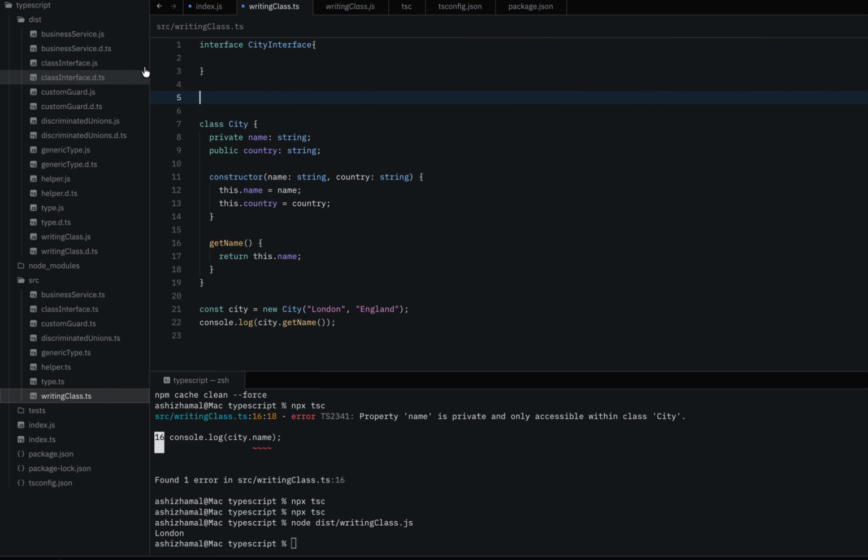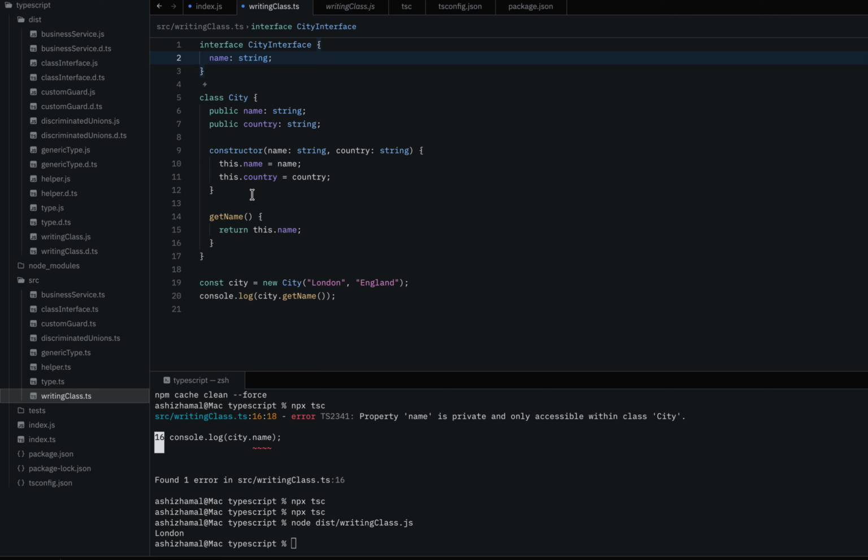Interface. Okay, now what are the properties here? Make them public. If you are making an interface, it's better to make public whatever you want to use in the interface. So name as a string. I'm just making the interface by looking at this class, but in reality, when you are working on a project, you have to create the interface first and then the class. That's the proper way to do things. So create the name,